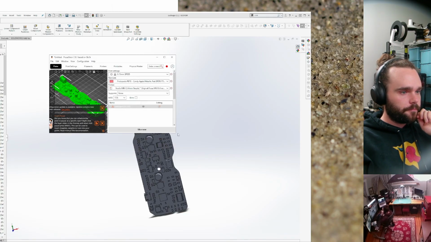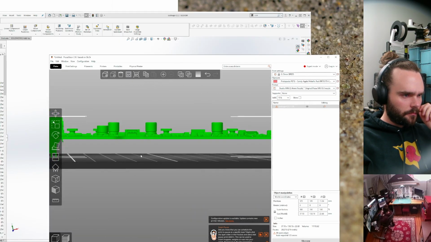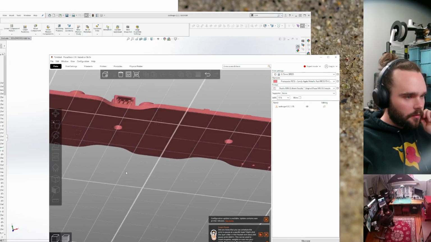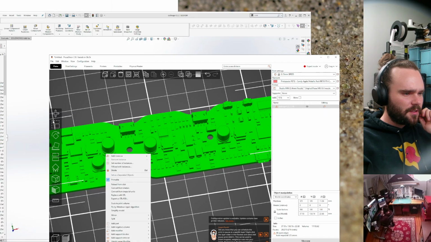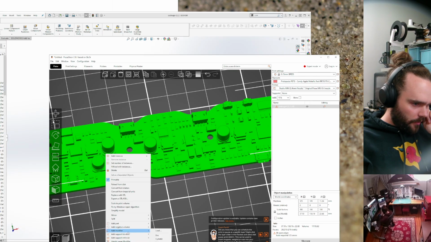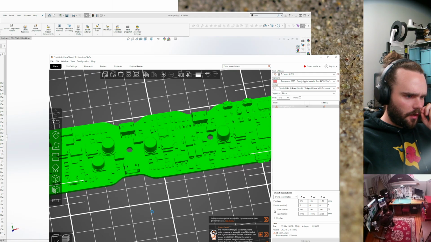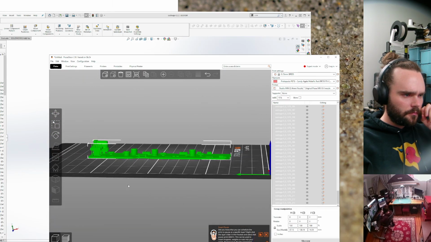Okay. So we have our thing. We're gonna do add modifier. No. Split to objects. No, what?